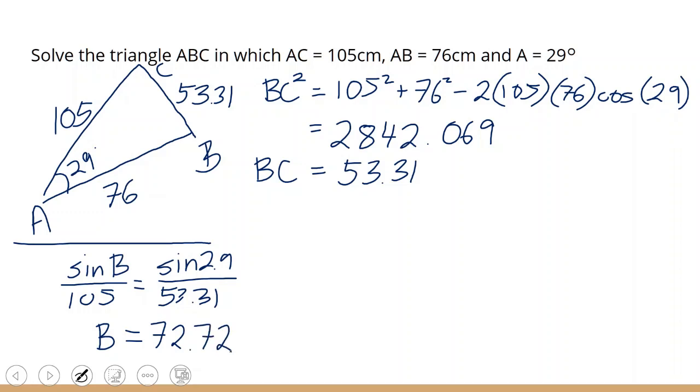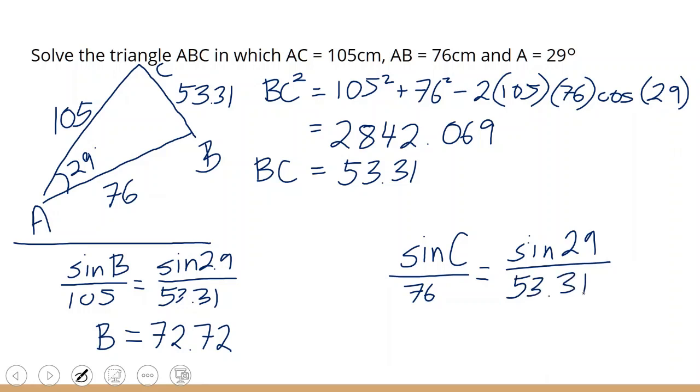Okay. And then let's go ahead and calculate the other side. So I do sine C over 76 is equal to sine 29 over 53.31. And then, if I would then calculate angle C, I am getting 43.72. Now, it may seem that we've now solved it, but if you're looking carefully,